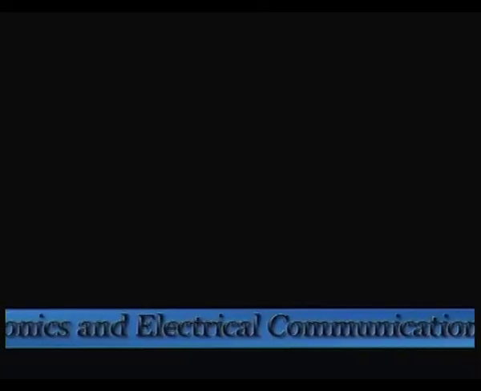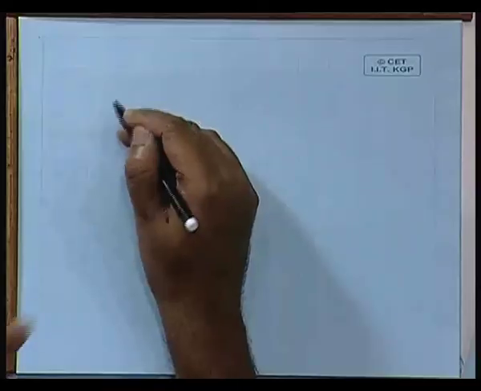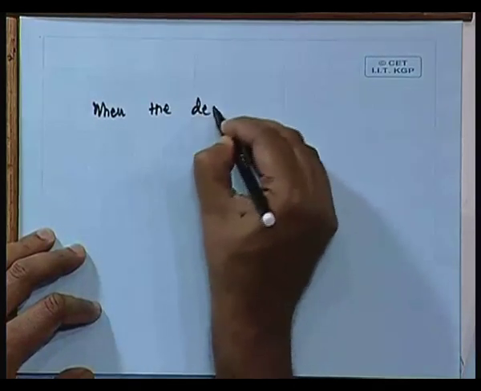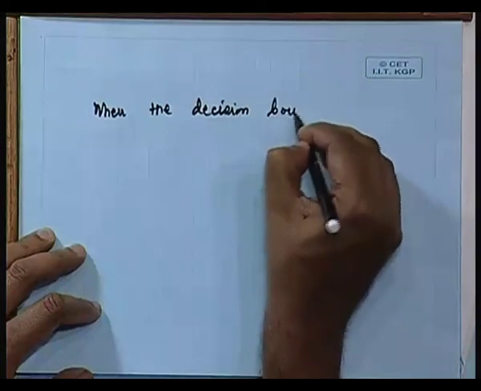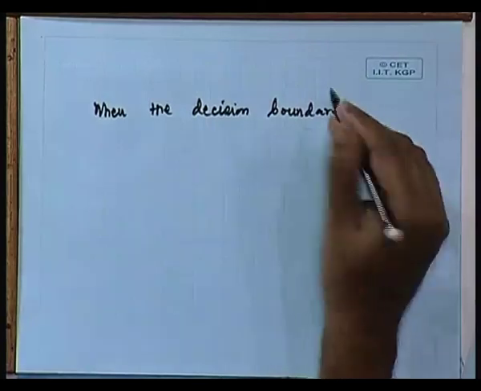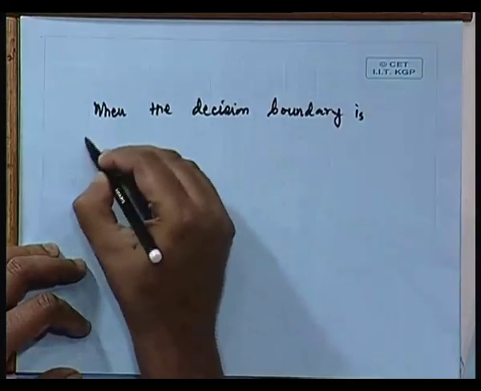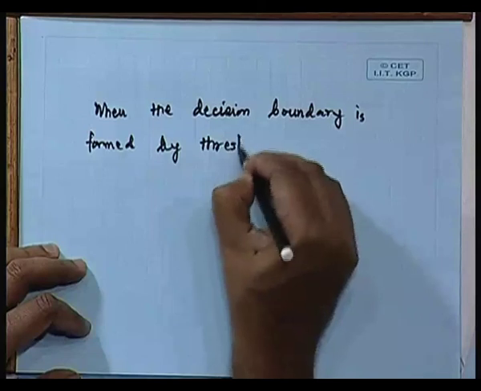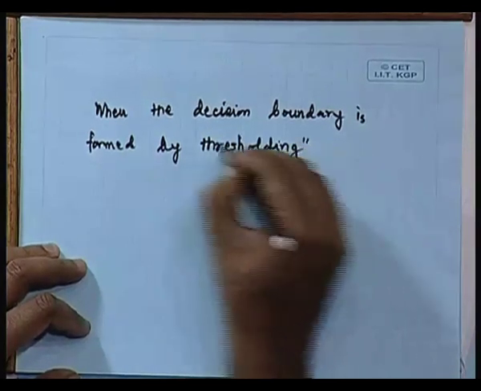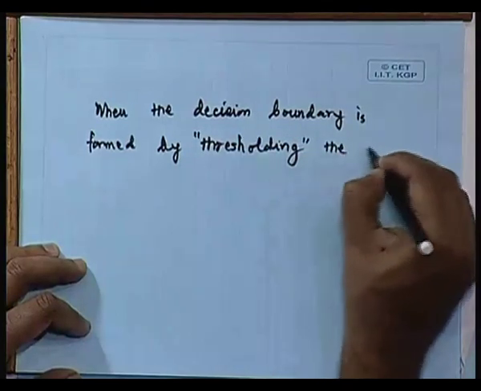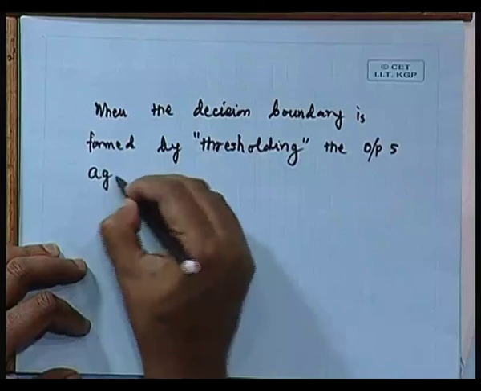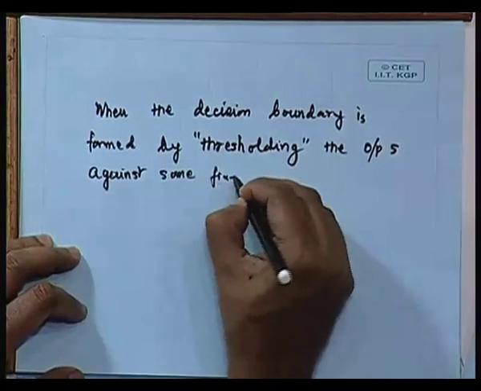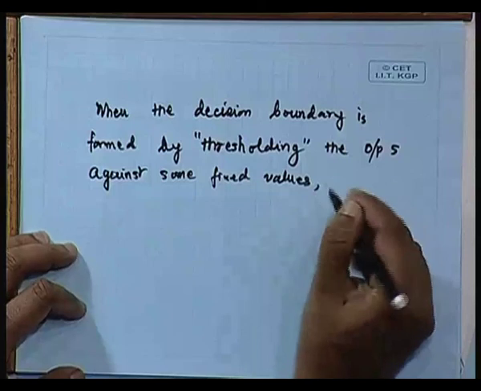Let me explain it in clearer terms: when the decision boundary is formed by the thresholds that I was explaining, by thresholding the outputs against some fixed values, then